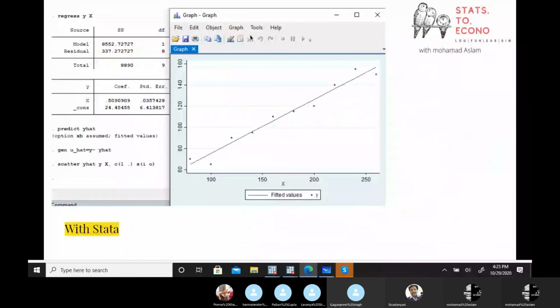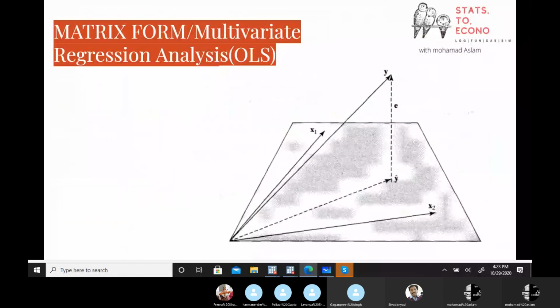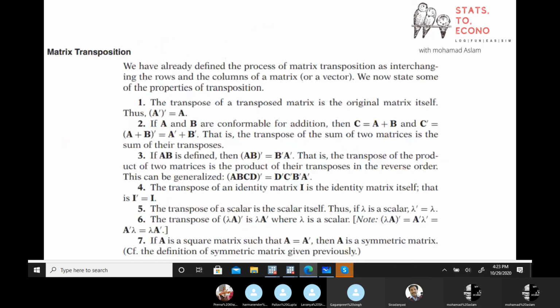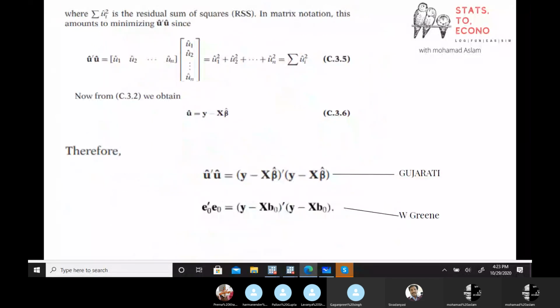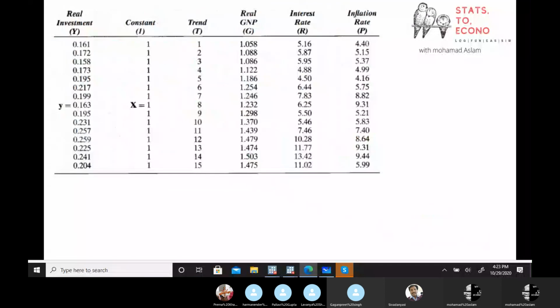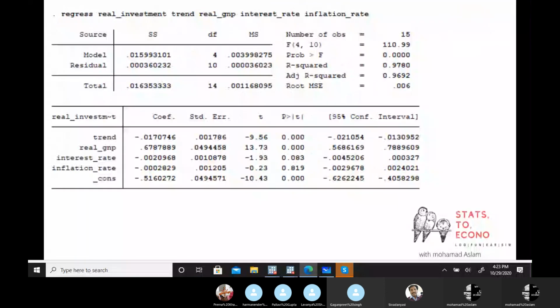So these are the numerical properties of these estimates, meaning the beta 1, beta 2, which we have derived as sample estimates based upon the OLS method. We can only work with those methods. For example, you have any data. For example, we have this data. You can just type the command on this data, and it will give you these results, right? And then you can look at the hypothesis testing and all, and you can just generalize the results.